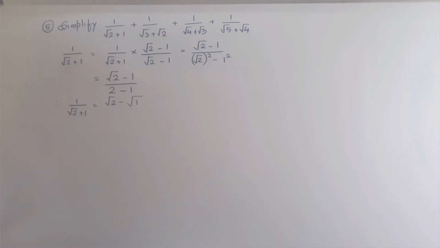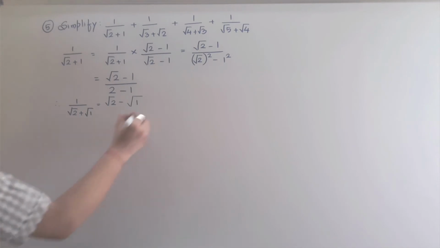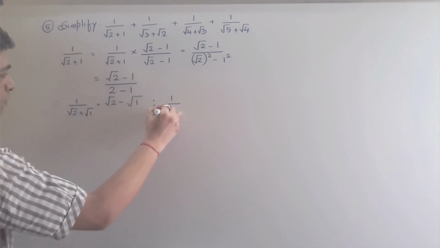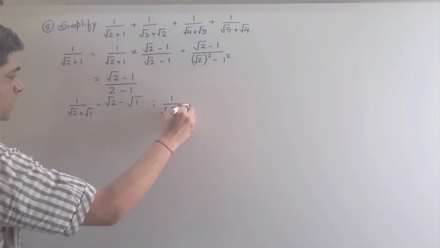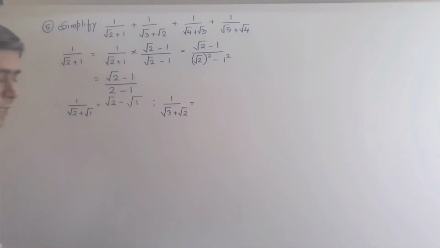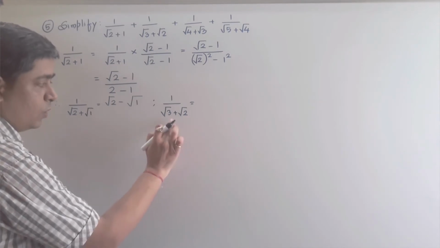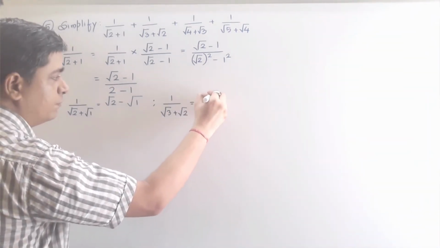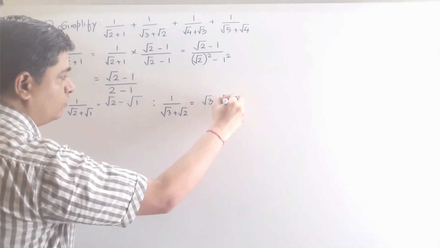So now observe the pattern. Here this one, for making the pattern more clear, I am making this one also under root of 1. Okay. Now see the pattern. Observe the term coming in the denominator, same term is coming at the place of numerator with change of sign. Here plus, then it will be minus. Now you observe, if I write down in the similar way 1 upon under root of 3 plus under root of 2, same term I need to write down, only sign I have to change between them. So root of 3 minus root of 2.